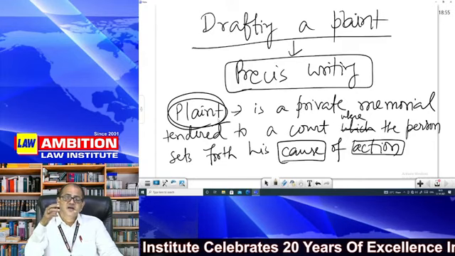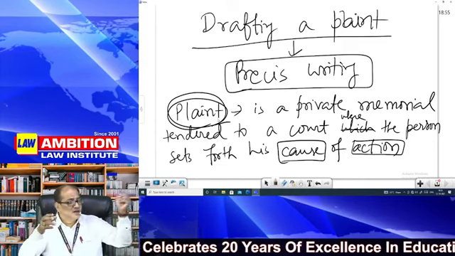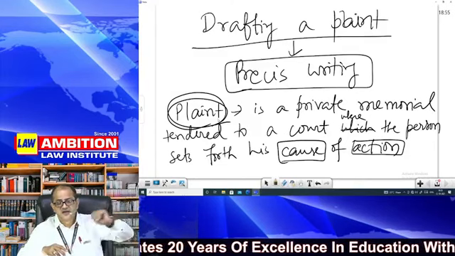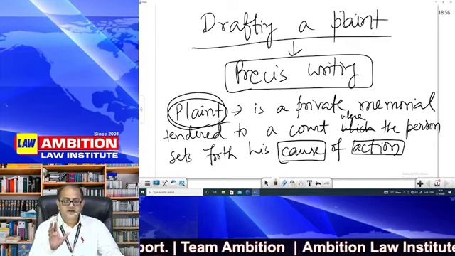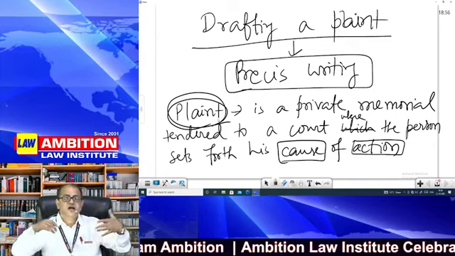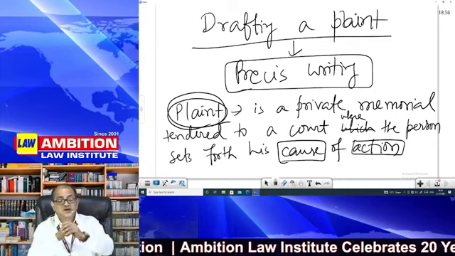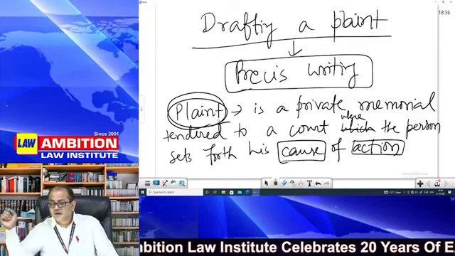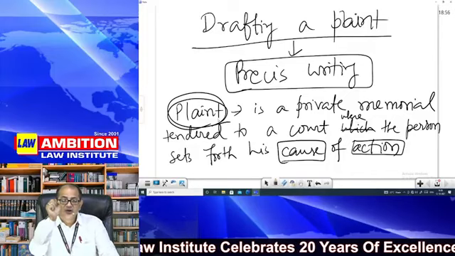If you are alleging that there is a building which has been constructed by violating the law and you do not refer to building regulations and zonal regulations, how can you draft the plaint? So you must take this very carefully, that before drafting a plaint, it is your first and foremost duty to make yourself aware of the law. Because the client will come and tell you only this fact, that these are the things which have happened to me and I want relief from the court. But under which law relief will be granted and by which law the cause of action arises, that you know only.